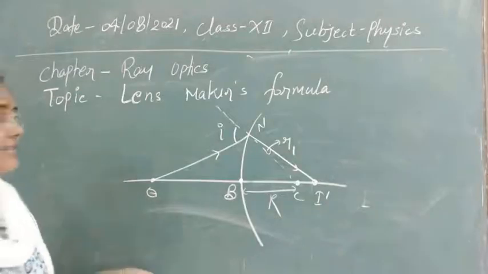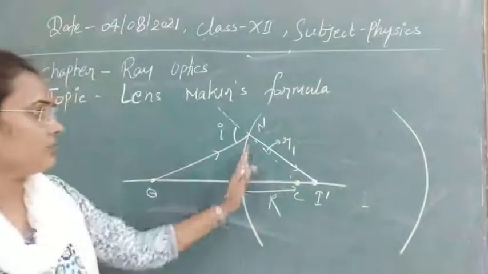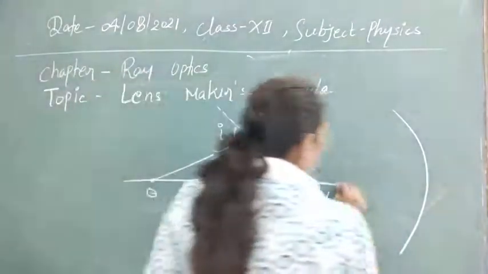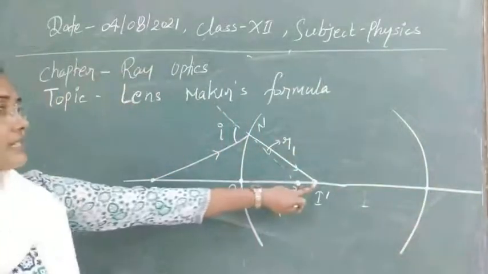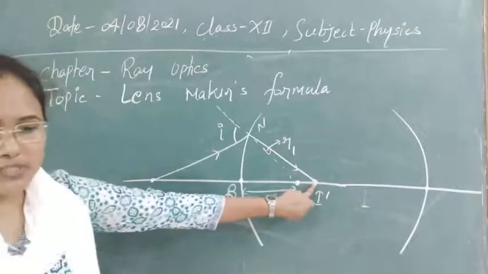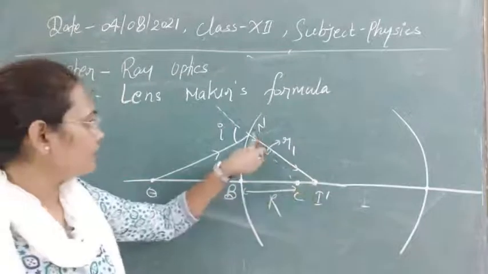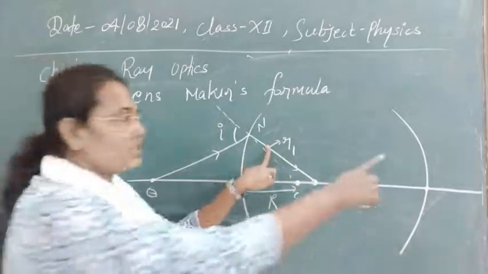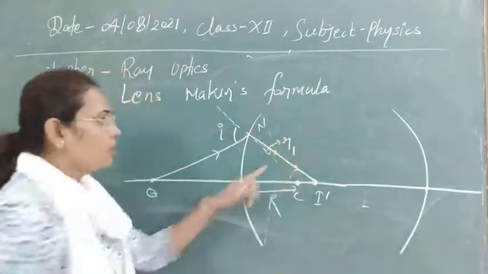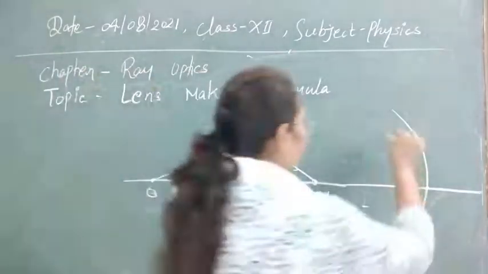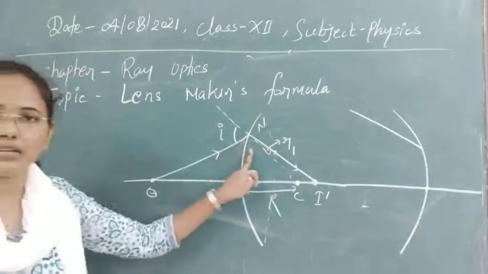For the second surface, let's see what the ray diagram will be. This is our second refracting surface. This was the first, this was the second, and this is the principal axis passing through. This is our optical center, and this I dash will now be the object for the second surface. The ray will not actually fall here, it is just extended here. You can see that the light is coming from this side onto this spherical surface. So we will bring our light from this side. I think that is now clear from this figure, that's why I haven't erased it.